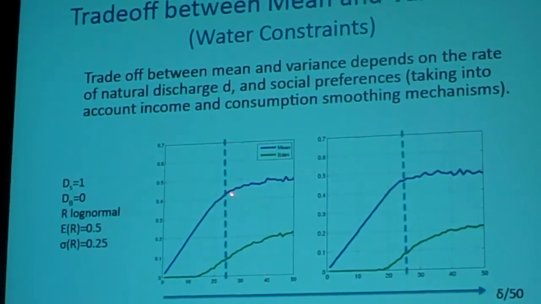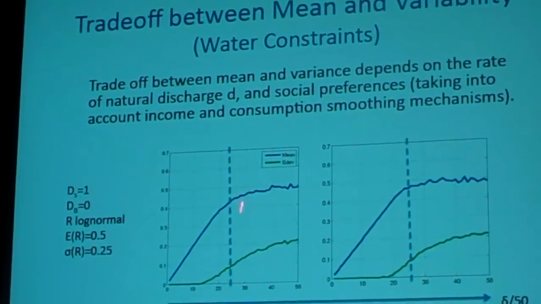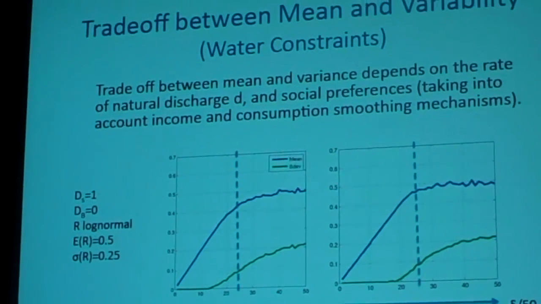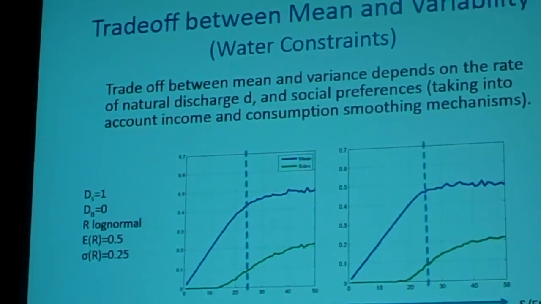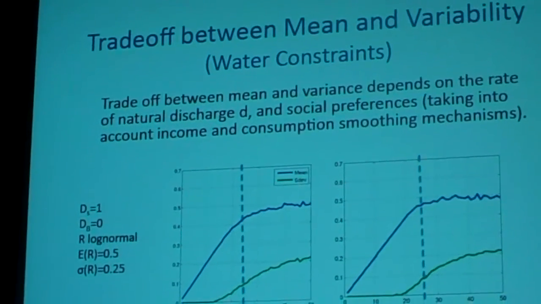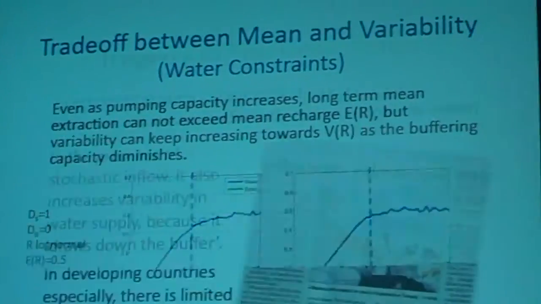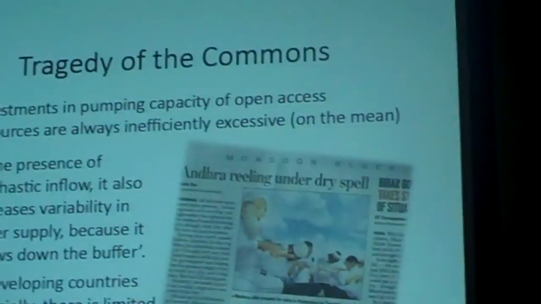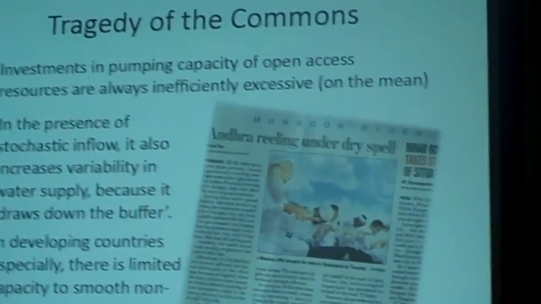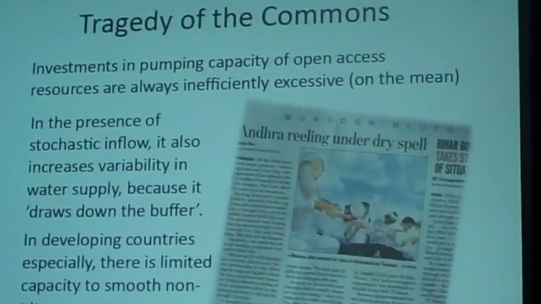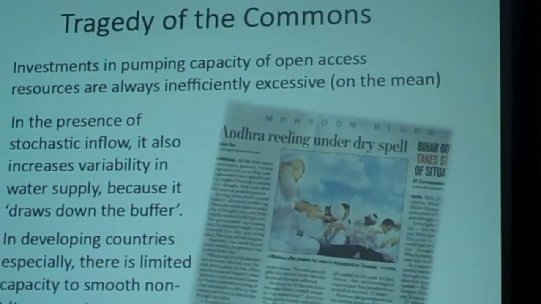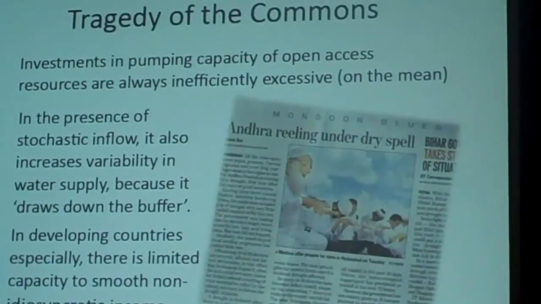So in order to really make a decision on the social optimum, we need to really know what is the net rate of natural discharge of the system, and then it's a matter of economic theory to balance these two and to reach a social optimum. In closing, let me just say that even if we know what the optimal policy should be, and this is a matter of more research into understanding recharge rates in this area,